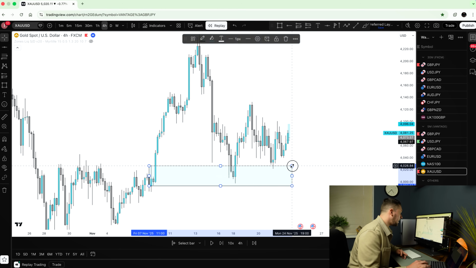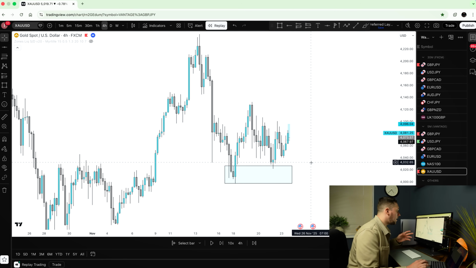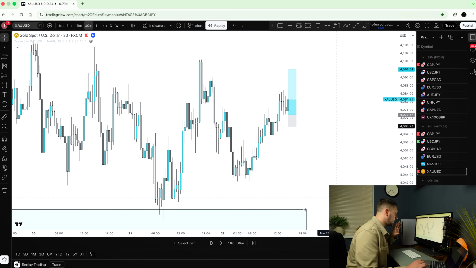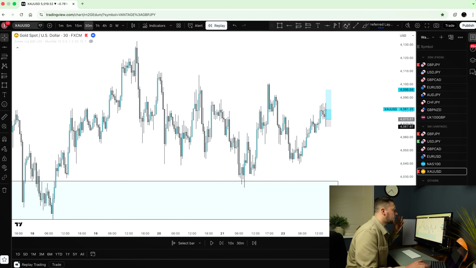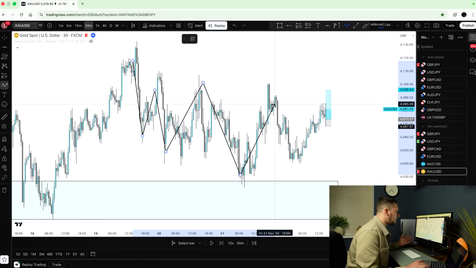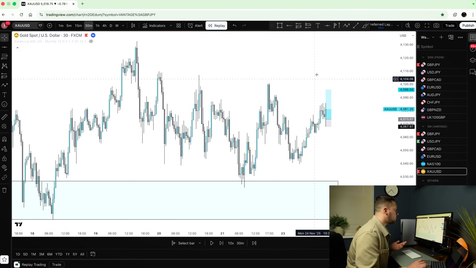Now, again, if I go down to the 30-minute, it lines up again. So I'm going to leave that drawn there for the moment, go down to the 30-minute, and you'll see again. Well, what do we have? Well, at the moment, again, if you didn't look at any of the zones, we have this downward trend, right? So naturally, you'd expect this trend to continue down here somewhere and so on. But